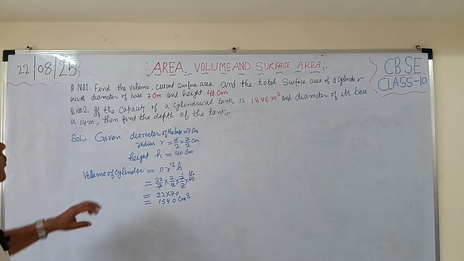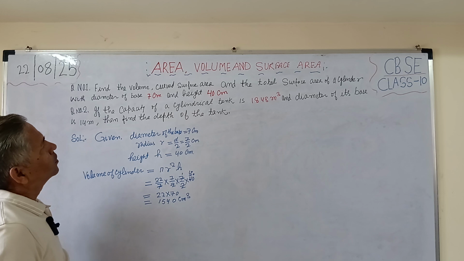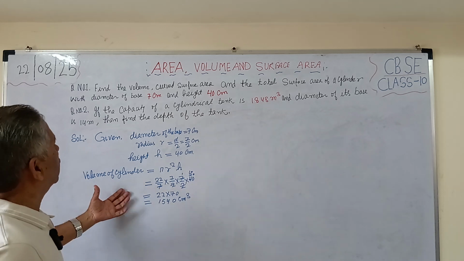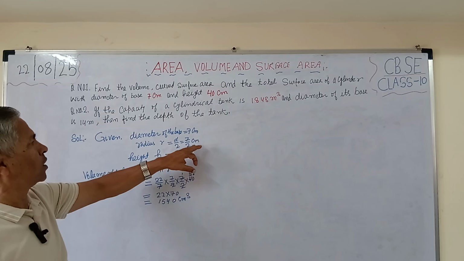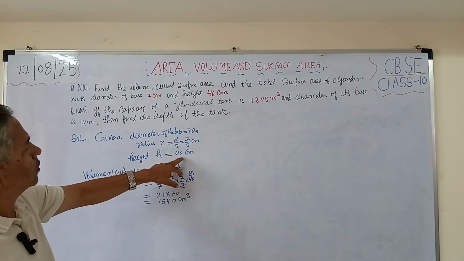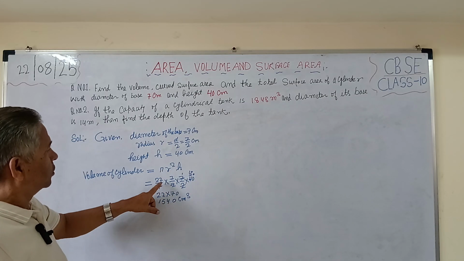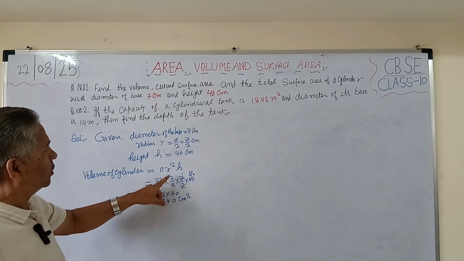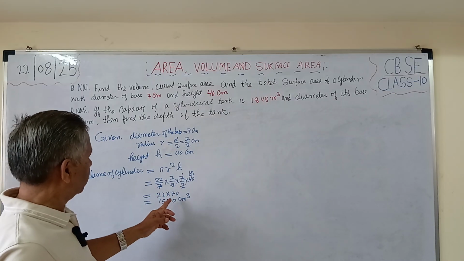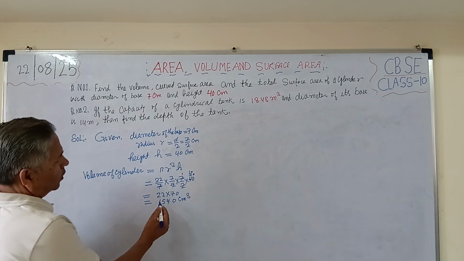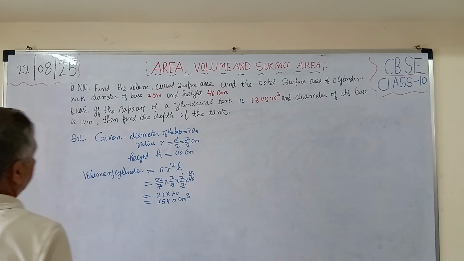Let me repeat in Hindi. Find the volume, curved surface area and the total surface area of a cylinder with diameter base 7 cm और हाइट 40 cm. तो क्वेश्चन में पूछ रहा है कि डायमीटर जो है सिलेंडर का वो 7 सेंटीमीटर है, रेडियस क्या हो जाएगी 7/2, डायमीटर का आधा, तो 7/2 सेंटीमीटर, जो उसकी हाइट है, ऊंचाई है, वो 40 सेंटीमीटर है. तो जो वॉल्यूम ऑफ सिलेंडर का फार्मूला होता है वो है पाई आर स्क्वायर एच. पाई की वैल्यू मैंने पुट किया है 22/7 इंटू आर इज 7/2 इंटू 7/2 इंटू 40. सो आफ्टर सॉल्विंग दिस वी विल गेट 22 इंटू 70 आर, हमको मिलेगा 1540 centimeter cube is the volume of the cylinder.